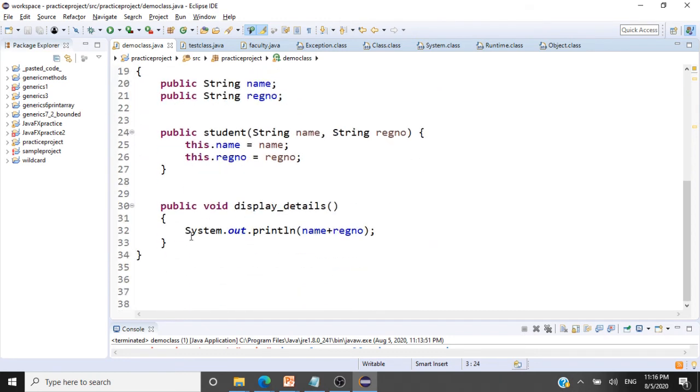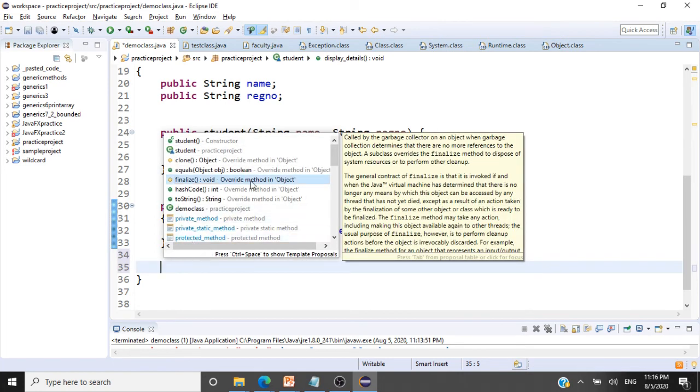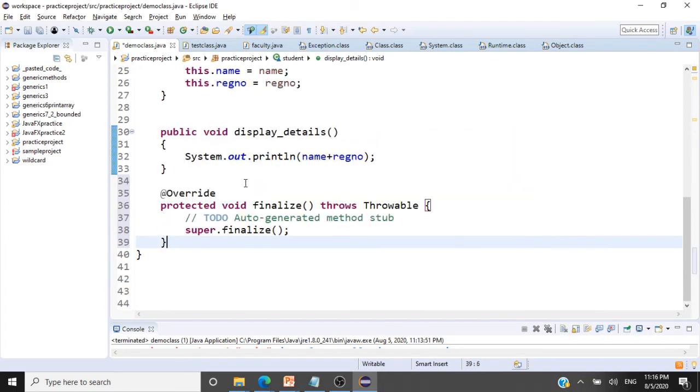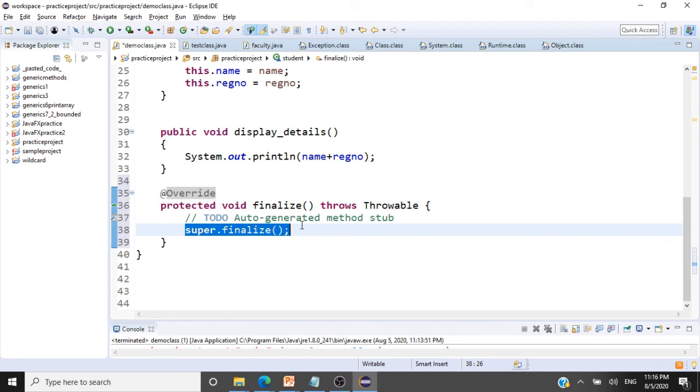So let me tell you how to include this finalize method. You can see here we have this finalize. It's an override method in Object. That's also given. Just select this. Here it says we are inheriting this method, and super.finalize is nothing but calling the finalize method in the superclass, that is the Object class.